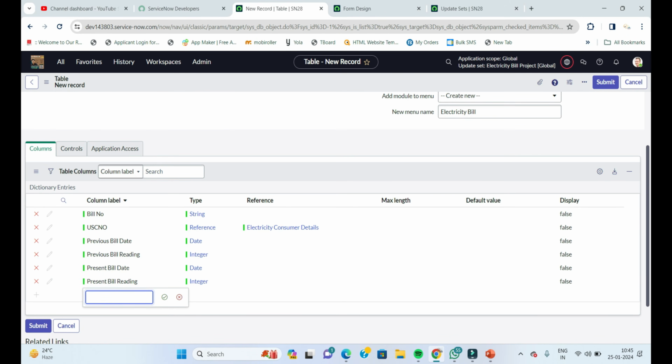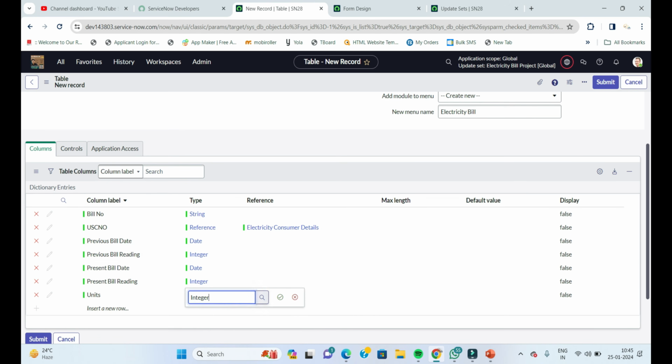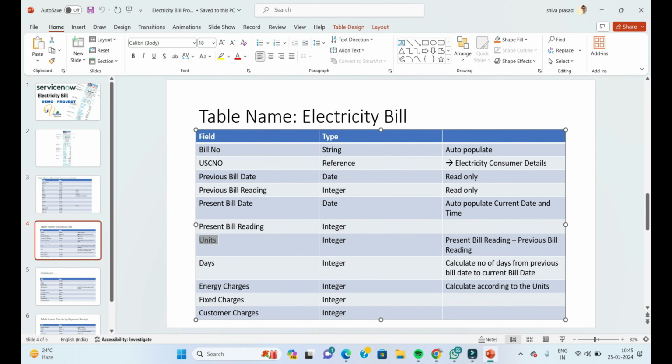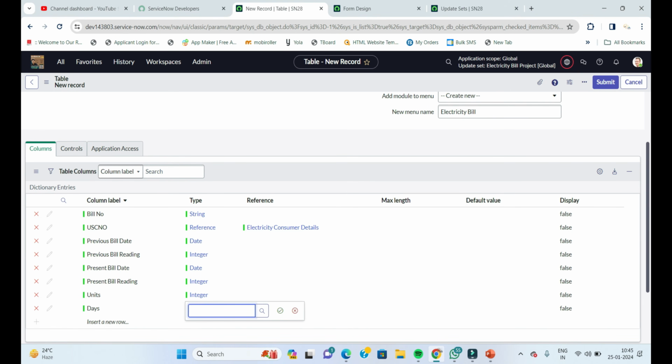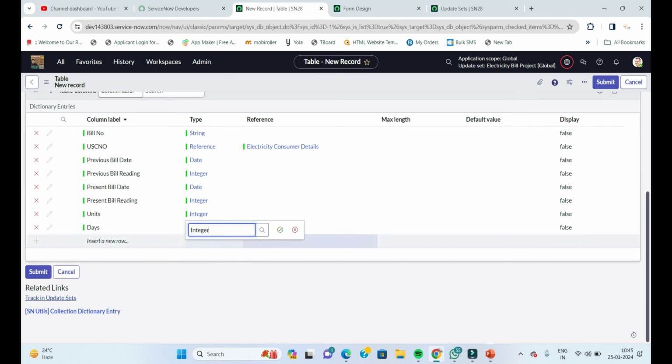How many units are consumed? So now it is also integer. The logic will be written afterwards, right? So I want to create the fields first, units, and after that the days will also be present. So we need to copy the days, and see that days is an integer only because we need to calculate it. So integer,